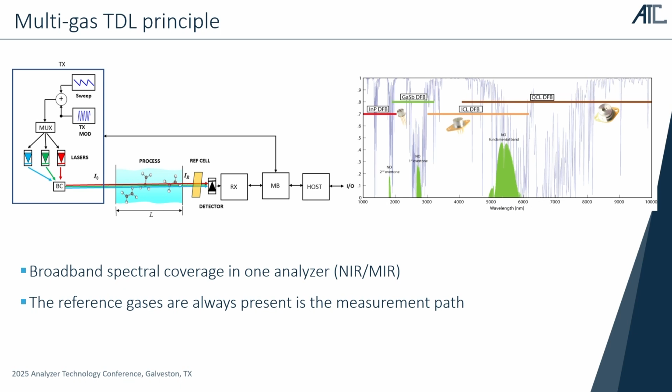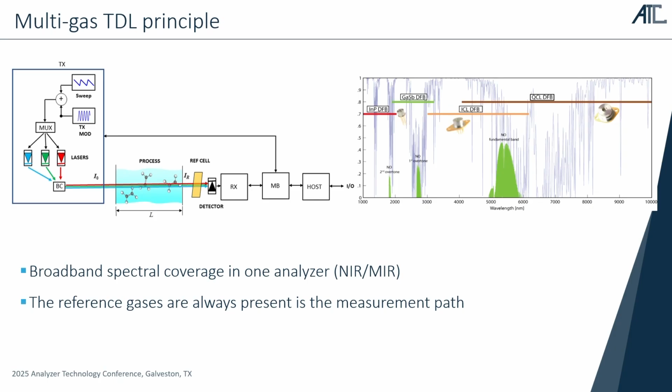So you are still having a decent sensitivity. Absorption in relative numbers is 10 to the minus 6, so basically a theoretical limit. But you are able to measure more than one component, because you can measure at least one component with one laser. And in addition, we have also done applications with not only the traditional indium phosphide and gallium antimonide DFB